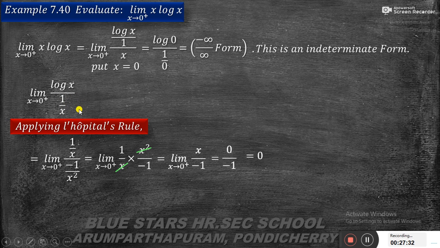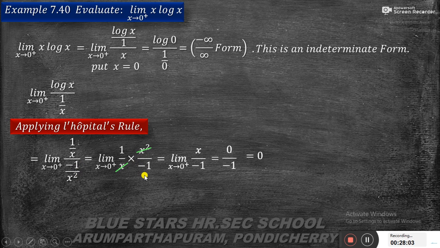Here the function is x log x, so I write it as log x divided by 1 by x. This is our given limit. Applying L'Hopital's rule, which means I first differentiate the numerator and the denominator. The derivative of the numerator log x is 1 by x, and the derivative of the denominator is minus 1 by x square. So limit x tends to 0 plus, we write 1 by x into minus 1 by x square